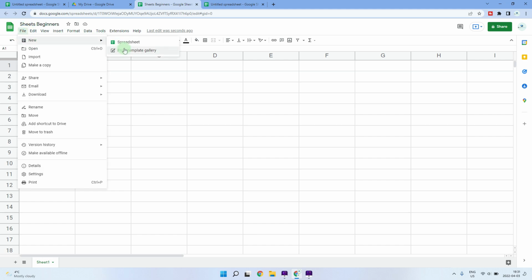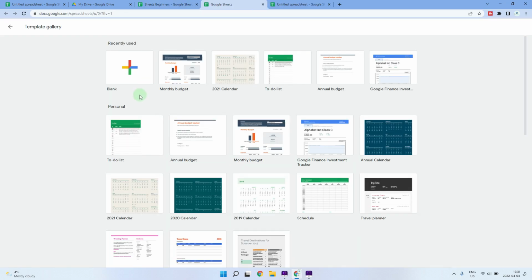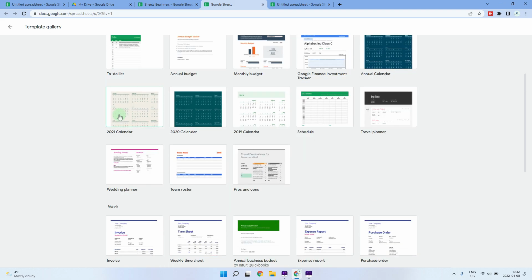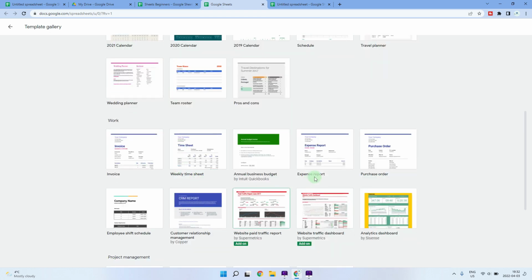Clicking on File and then New and selecting from Template Gallery, I'll see a bunch of templates already present which I can leverage to create my Google Sheets. And these templates are organized by personal, work, etc. You have to-do list, monthly budget, schedules, calendars, invoices, expense reports, and if you click on any of these, such